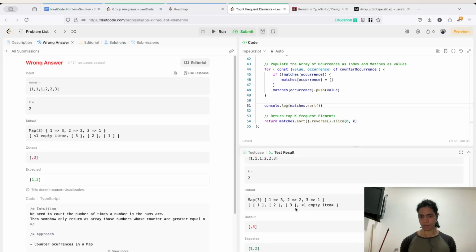Okay, what you have here is this representing the matches, index as matches. Matches values 1 and the number of occurrence. Okay, so the position 1, the number of occurrence of 1 is